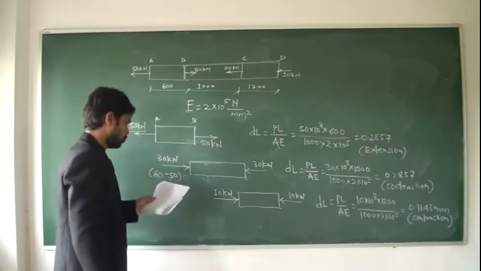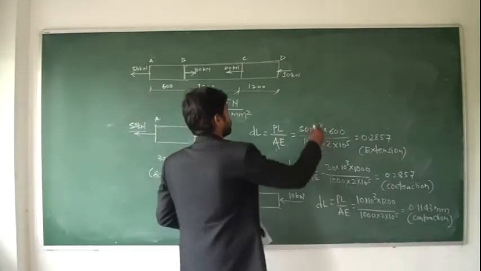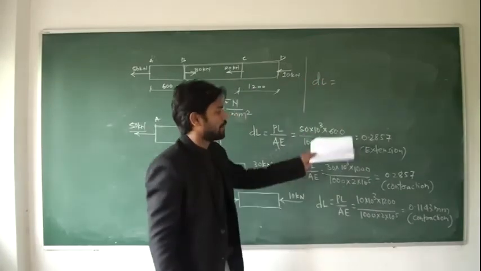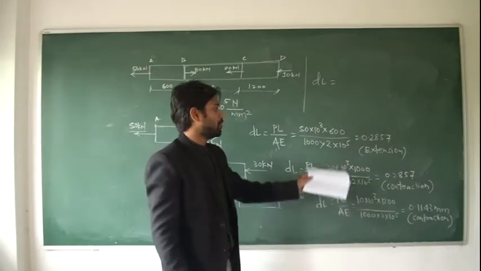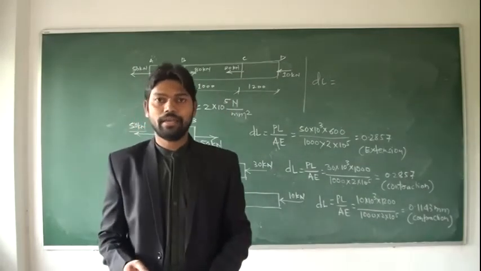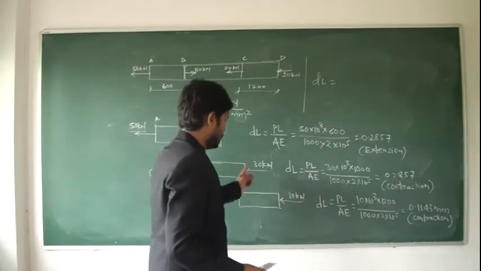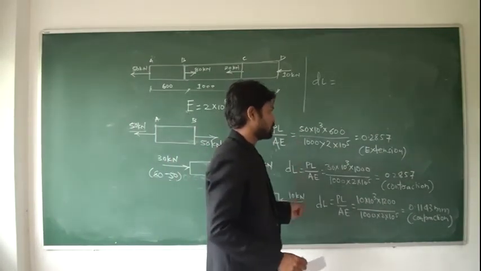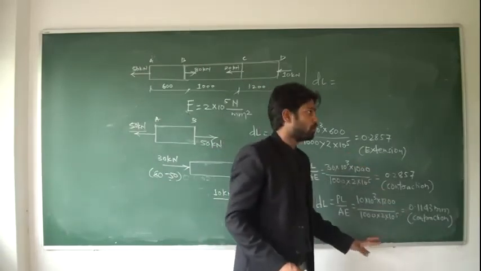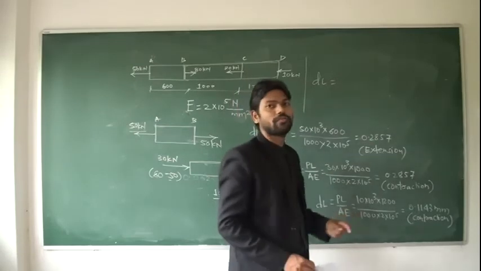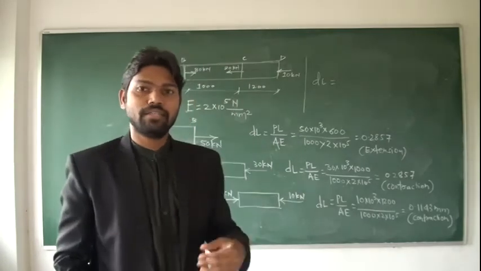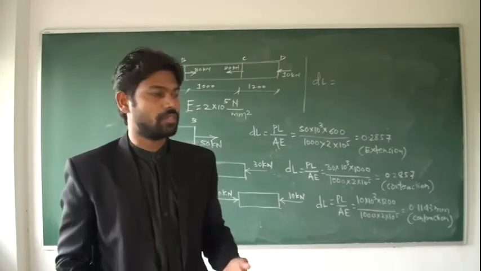Now we have to calculate the total changes, which means the total deformation. So we have to add these three values. But if you add these three values as they are, your answer will be wrong. Why? See, the nature of these changes in dimension is different. Here it is extension, here it is contraction, here it is contraction. So you have to take these values along with their sign. I will take contraction as negative and tension as positive.